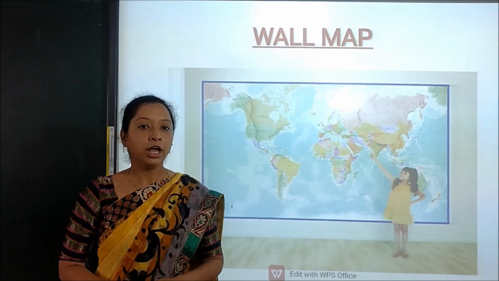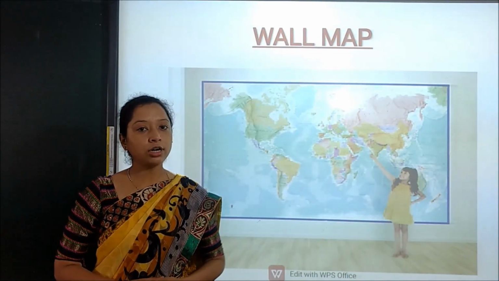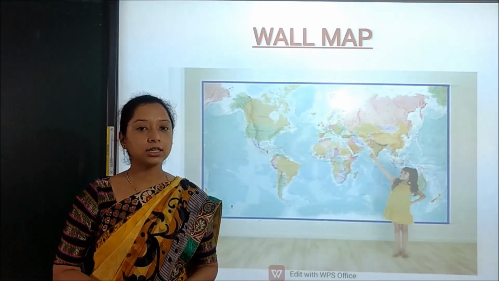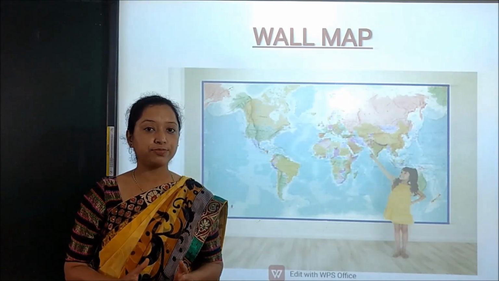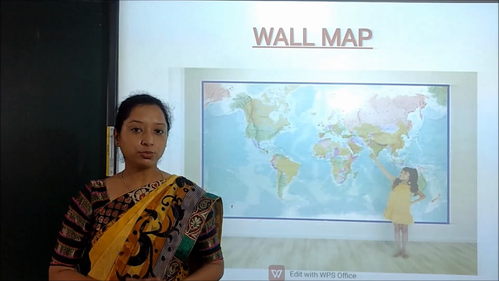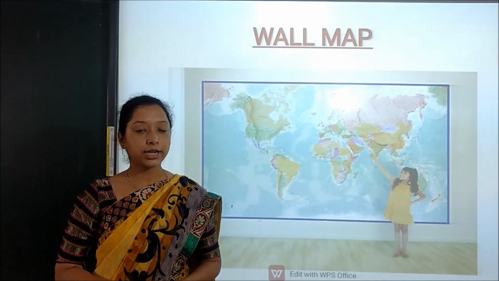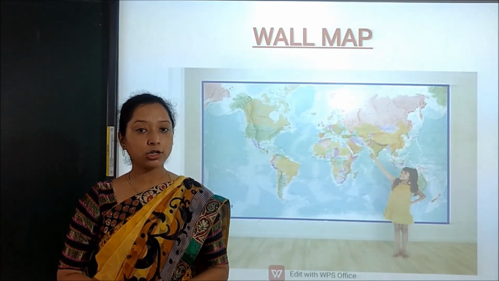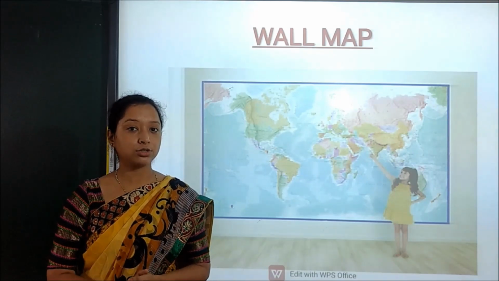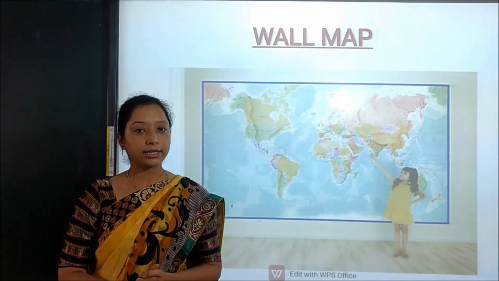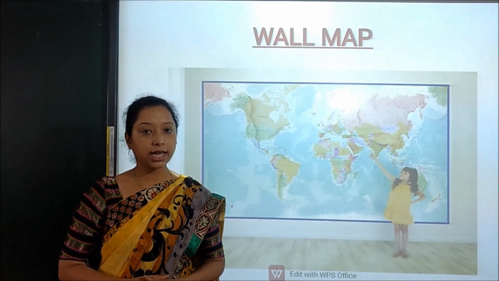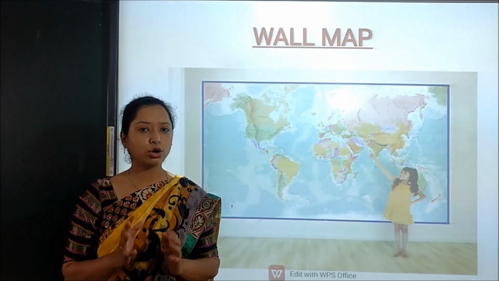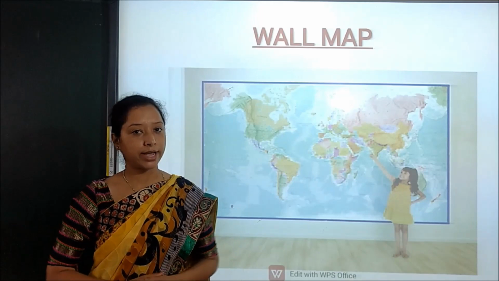A book of maps is called an Atlas. Atlas is a book in which we get lots of maps, different types of maps. So those books are called Atlas, and nowadays Atlas is also available in a digital format, so you can also see that or watch it, and you can even purchase an Atlas through which you will get knowledge of different types of maps.